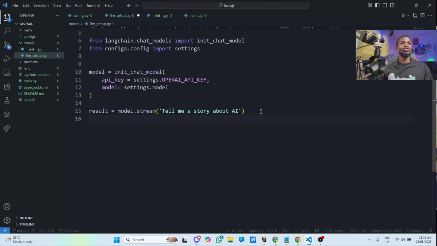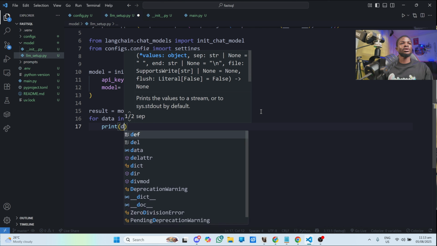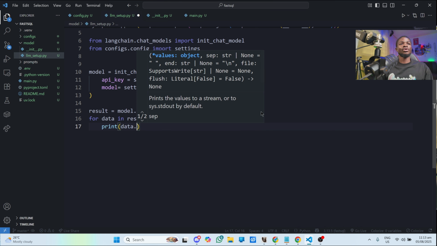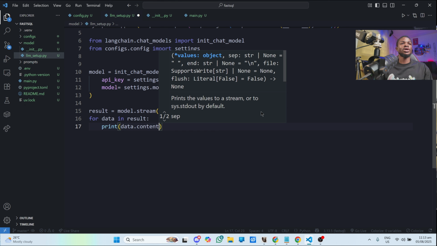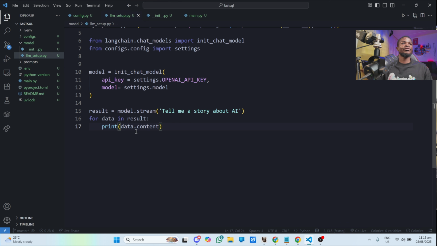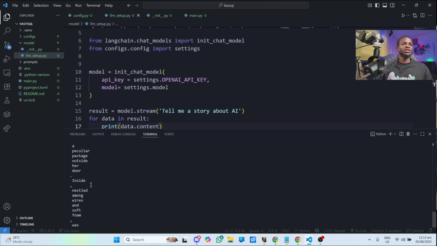So we can just loop through the result, for data in result, and here what we can do is to print our data, right? This data, we want the content out of it. We don't want all the other things that come with the OpenAI. So we just want the content, and this will give us the content from whatever story the model is going to tell us. So let's try this, and I just want you guys to get this before we implement it into our Streamlit interface. Okay, so you can see it's telling us the story,